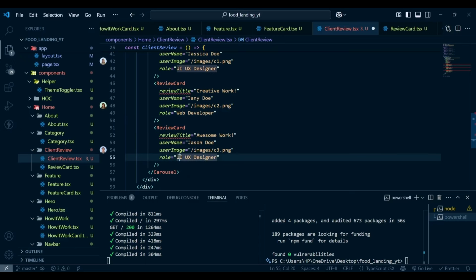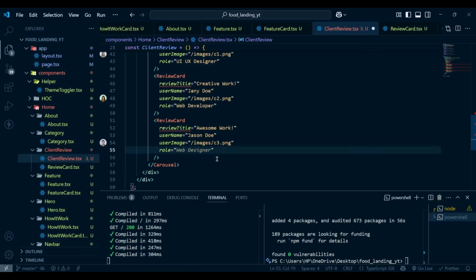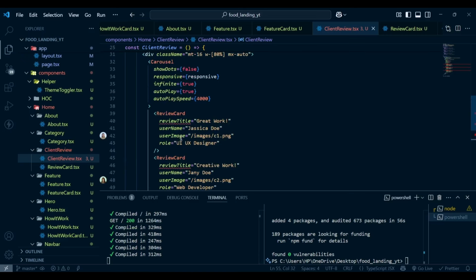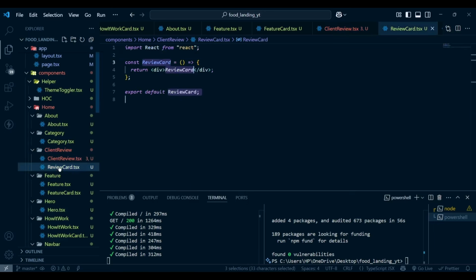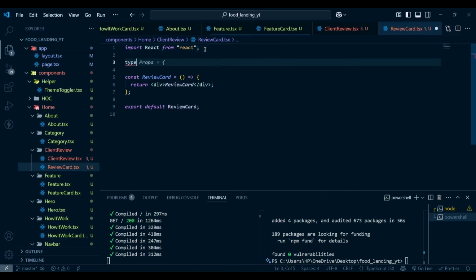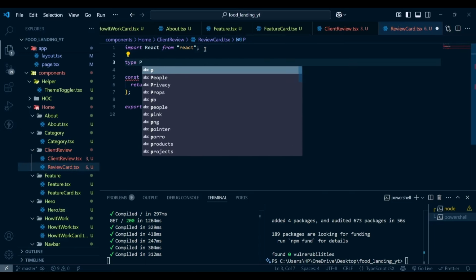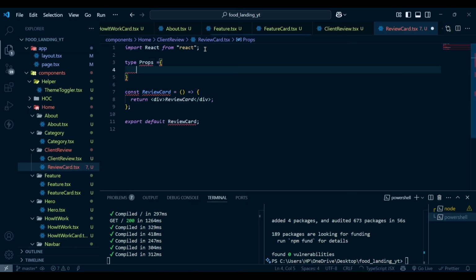And for the third one, let's use app developer. Now if I hit save, and now we need to receive these props in our review card. So let's go to the review card.tsx, and here we are going to receive props, and we are receiving a review